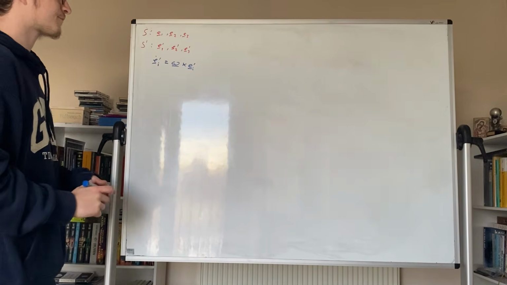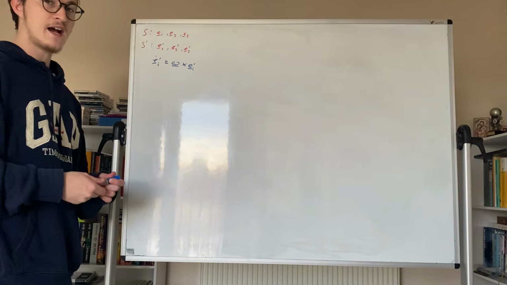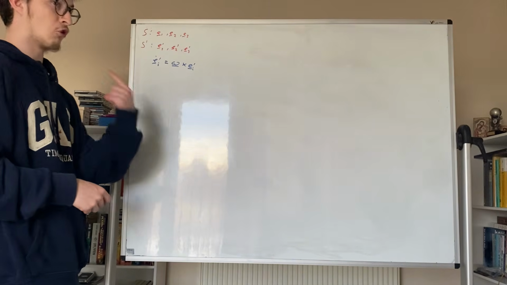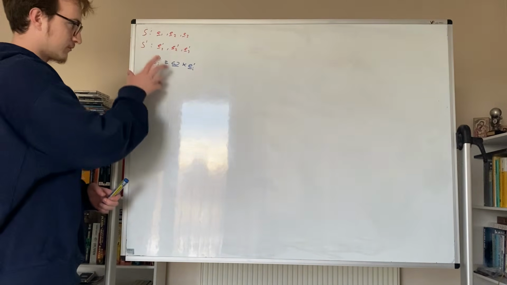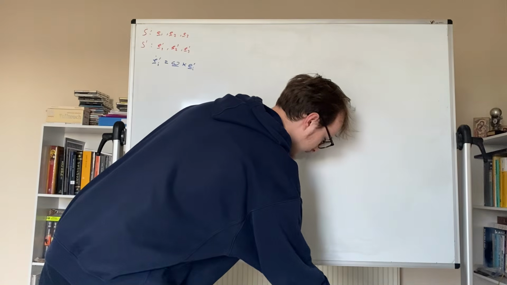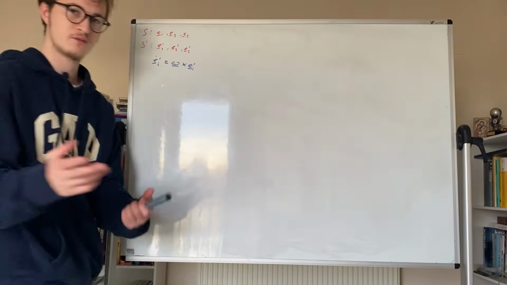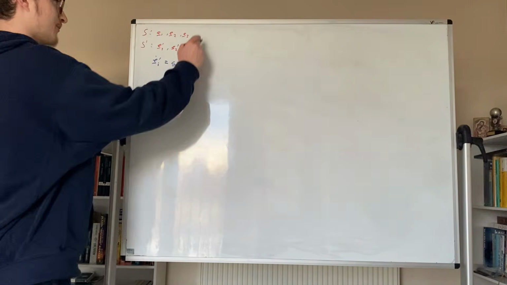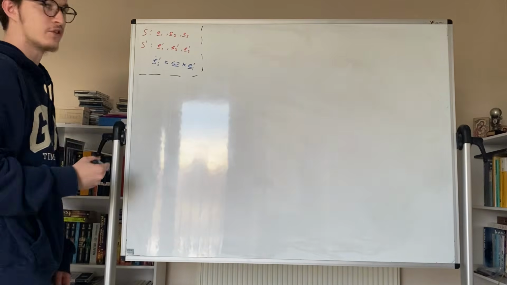So let us see how motion works in our rotating frame then, using this formula here and just plowing ahead with the differentiation. And just as a bit of notation,